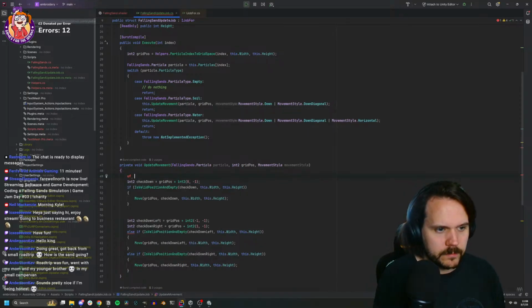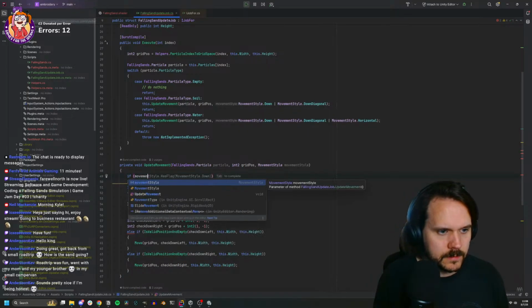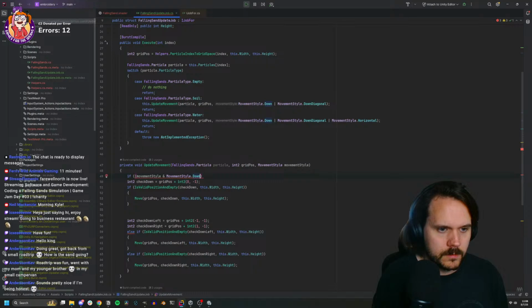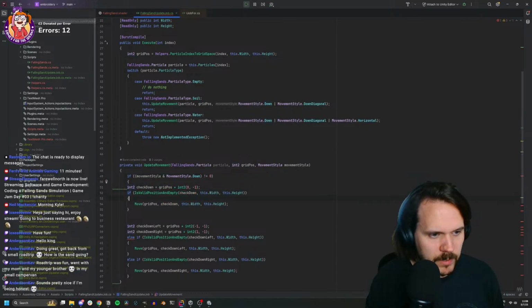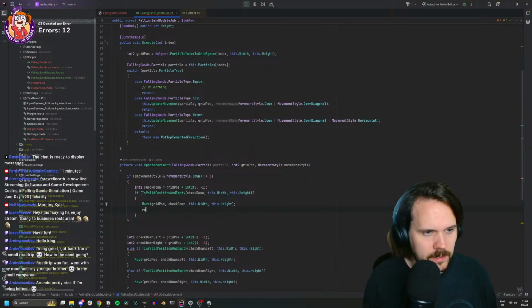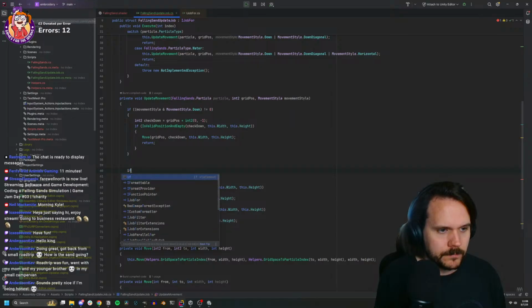If our movement style flag contains the down enum, I think that's right. I always forget with these bitwise operators. So if it contains the down enum, we'll check down, and if so, we'll return. If it contains the down diagonal,